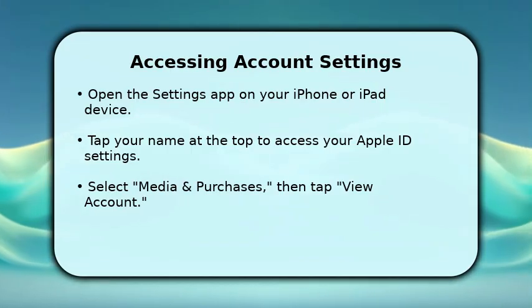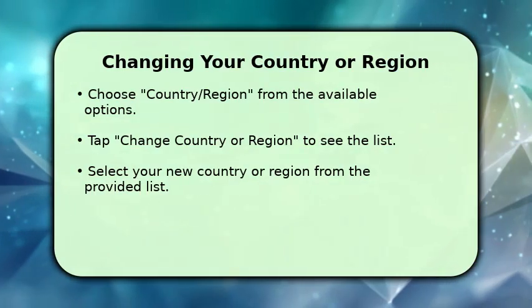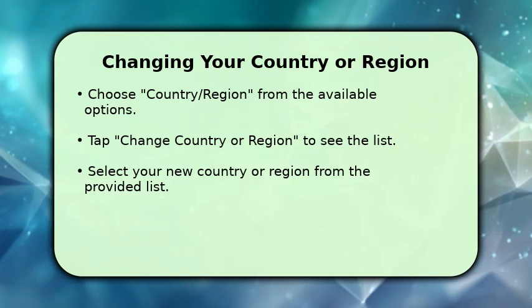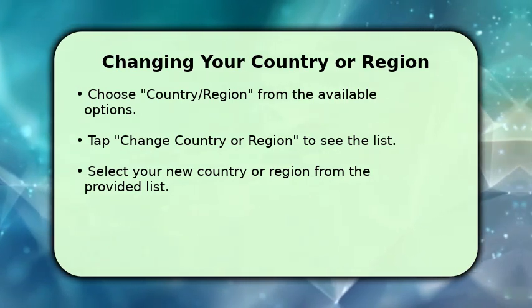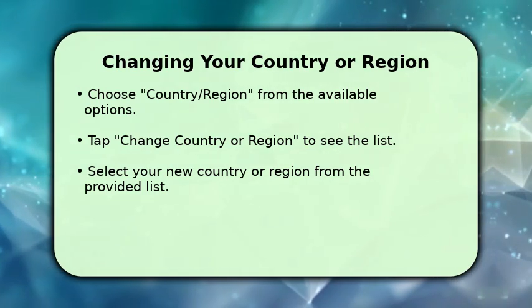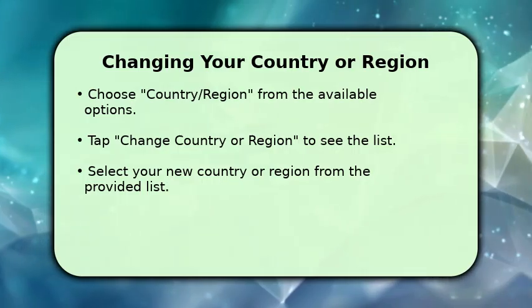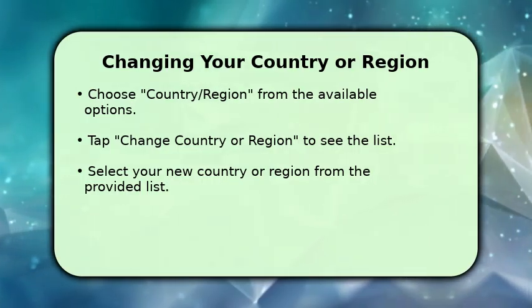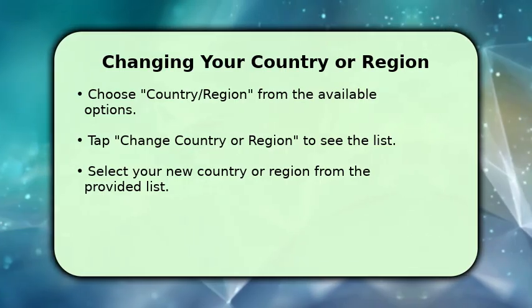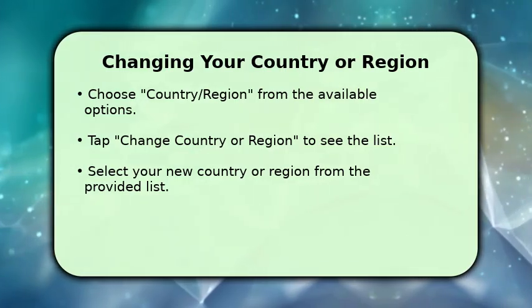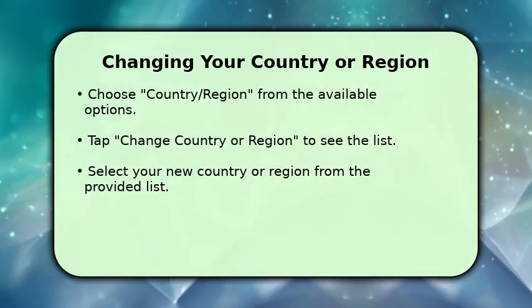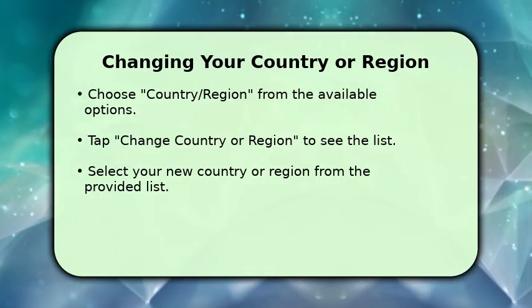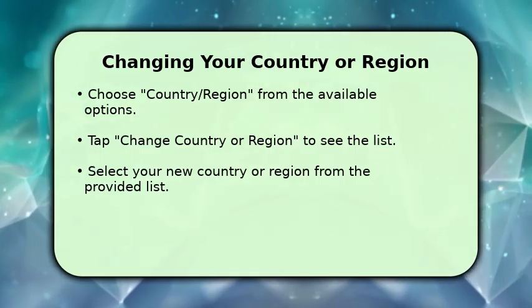next step. Once you are in your account settings, locate and choose the Country/Region option. Then, tap on Change Country or Region to reveal a comprehensive list of available countries. Carefully select your desired new country or region from this list. After making your selection, you will need to thoroughly review and accept the new terms and conditions to finalize this